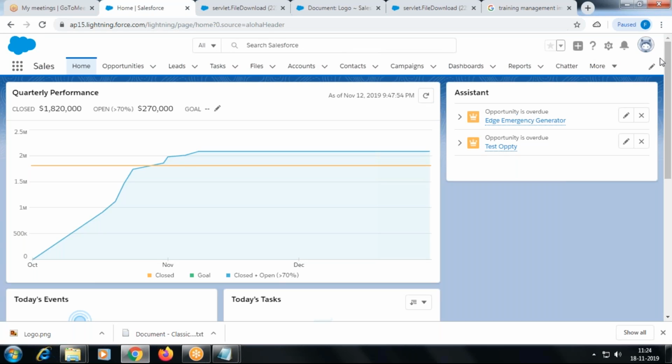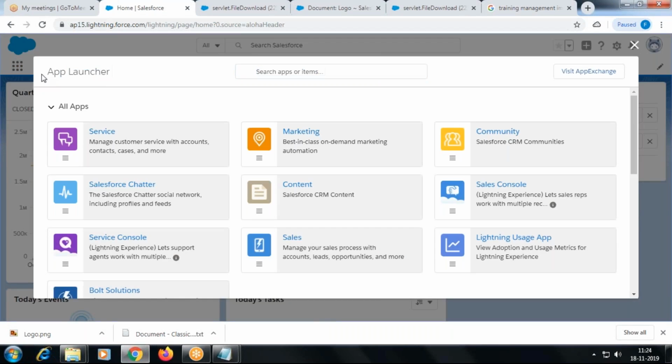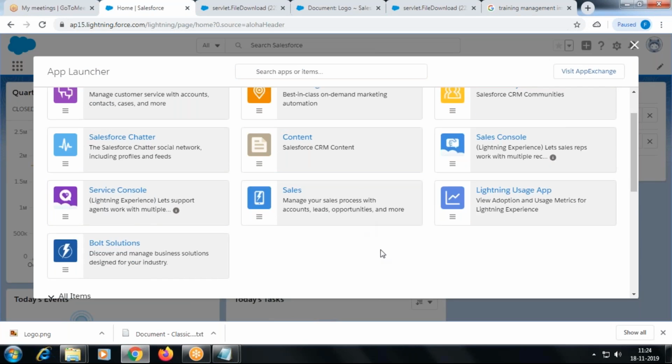So there is no apps drop down here, okay? It's going to be the app launcher. It's called app launcher, right?